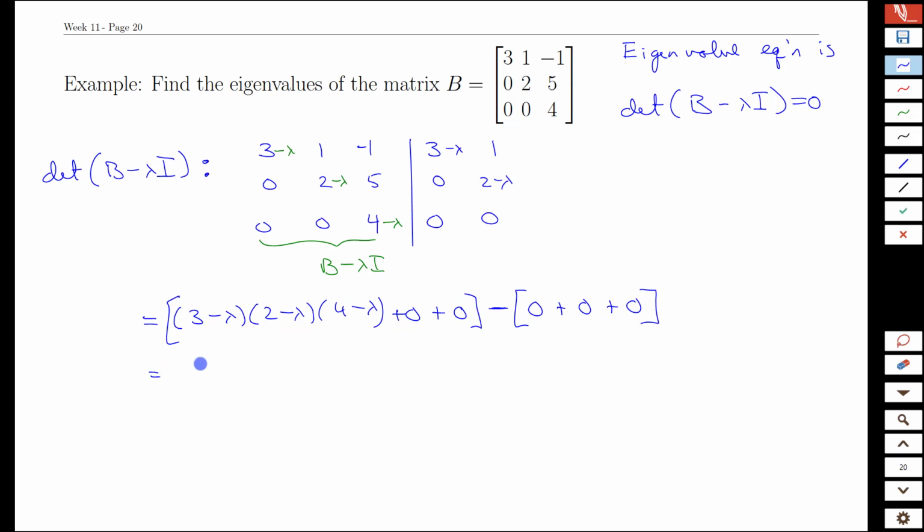So we get, just tidying all this up, 3 minus lambda, 2 minus lambda, 4 minus lambda. Now in this case, we still need to set that equal to 0. But what's different here is it's already factored. If we'd had other terms, this would be a messy cubic to solve, but here we already have the factors solved for, so we get lambda equals 3, lambda equals 2, and lambda equals 4 are the three eigenvalues